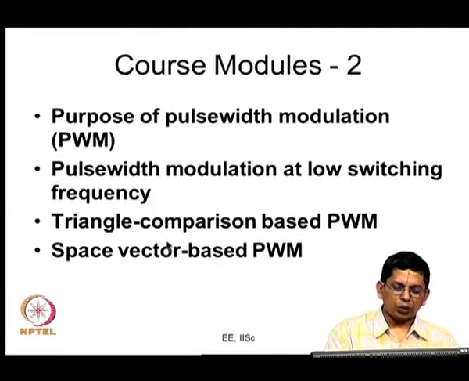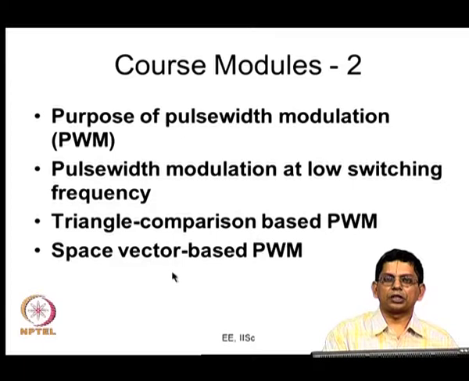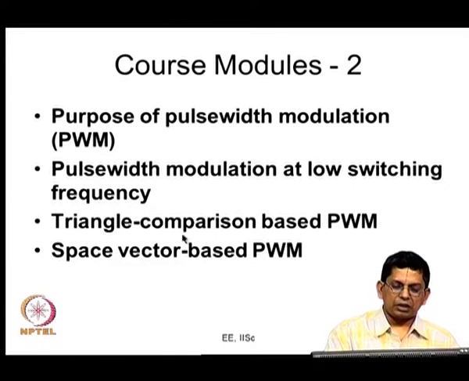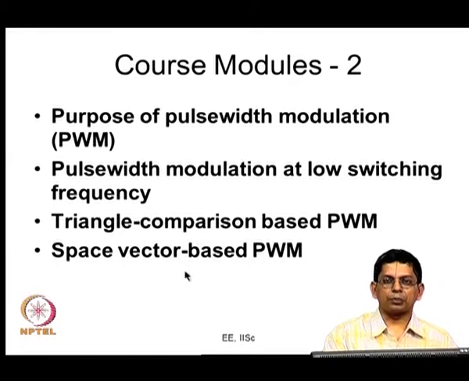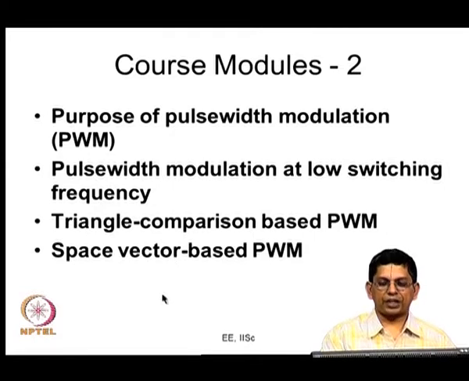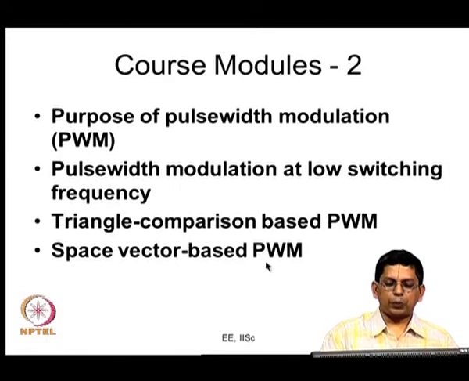Today we would see what the various voltage space vectors produced are, and we will try and see, like this triangle comparison PWM, when you consider sine triangle PWM for example. One interesting thing is, it is not unique. When you extend sine triangle PWM from 2 level to 3 level, it is not unique. There are several ways of extending, which can lead to different PWM methods, whose waveforms might have different harmonic properties. So, we would like to see the switching sequence for some of them in terms of the inverter voltage vectors. Most probably in the next lecture, we would look at the space vector based PWM for 3 level inverters